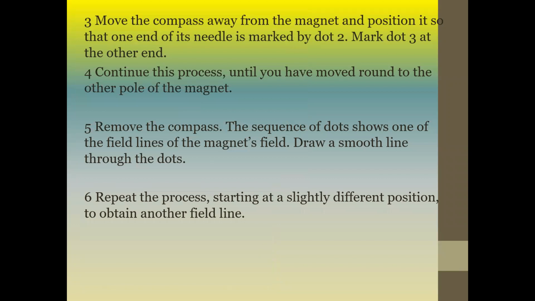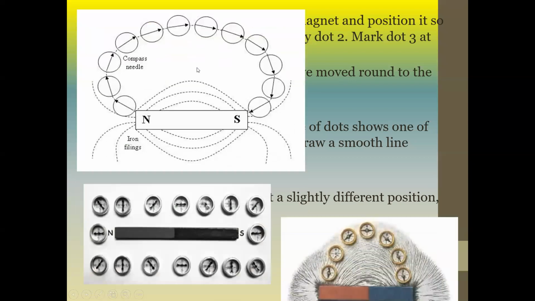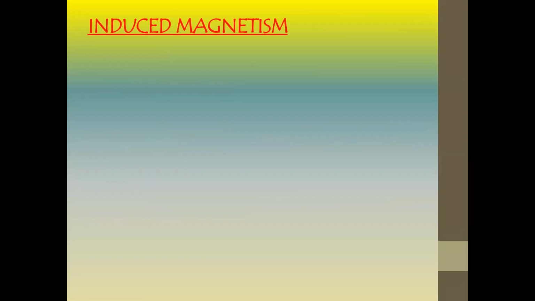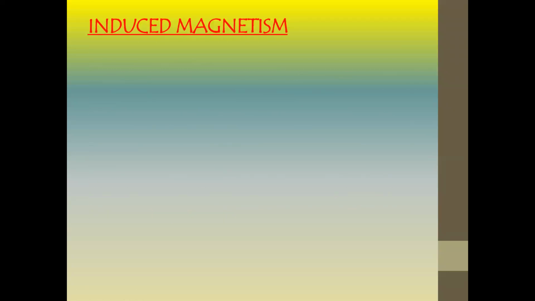Is it clear, the concept of how we can sketch a magnetic field for a bar magnet? Then what is the concept of induced magnetism? Induced magnetism means when a magnet attracts other magnetic material,